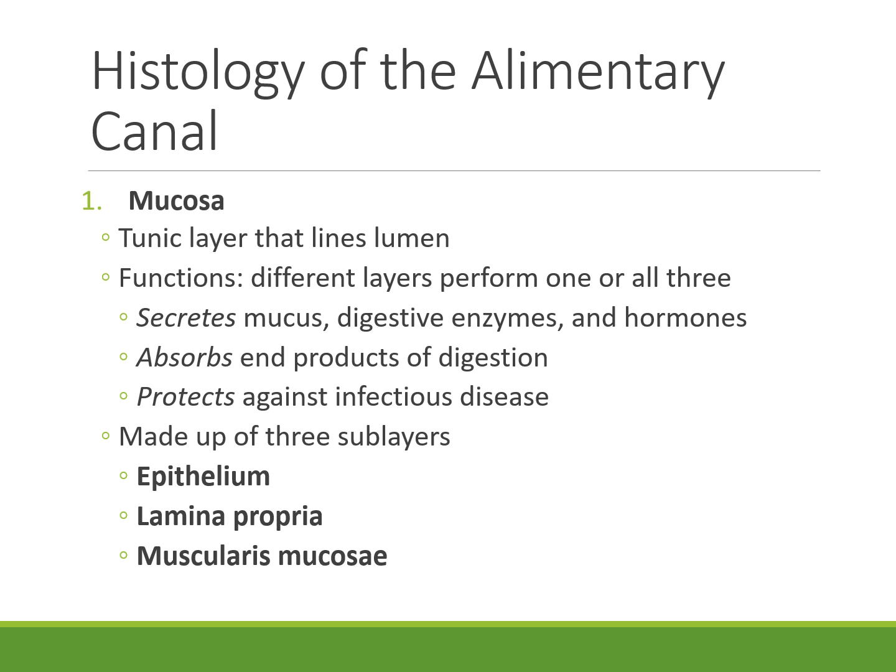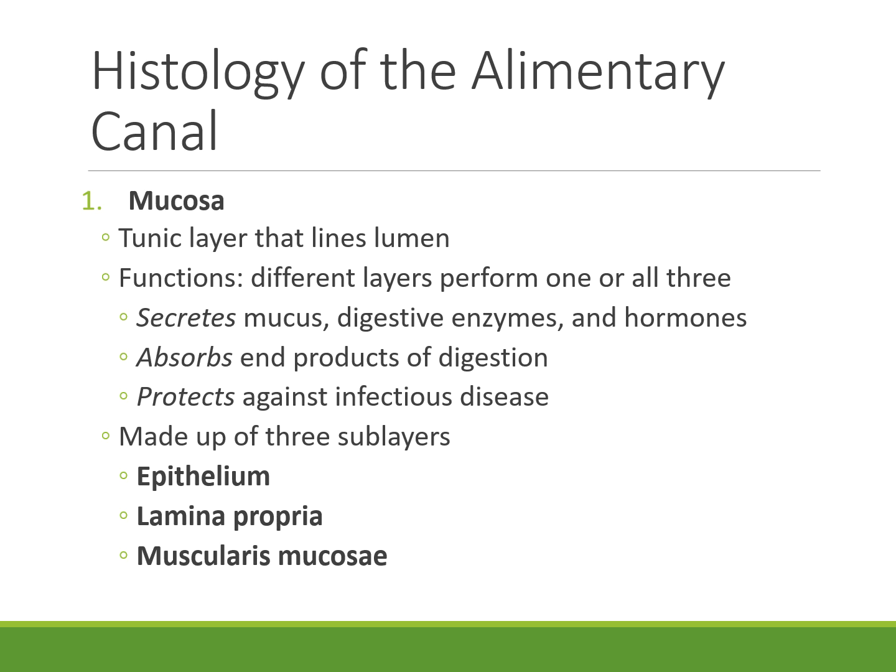The functions of this, there's different layers, and they perform one or all of the functions. So this layer secretes mucus, digestive enzymes, and hormones. It can absorb the end products of digestion, go the other direction out to the blood or to the lymph, and it also helps to protect against infectious diseases. Food is not sterile, neither is water or liquids that you take in. They have bacteria in them. And so while the stomach does a pretty good job of eliminating that with the pH, there are still microbes in your food. The mucosa is made of 3 sublayers: the epithelium that is lining the lumen itself, the lamina